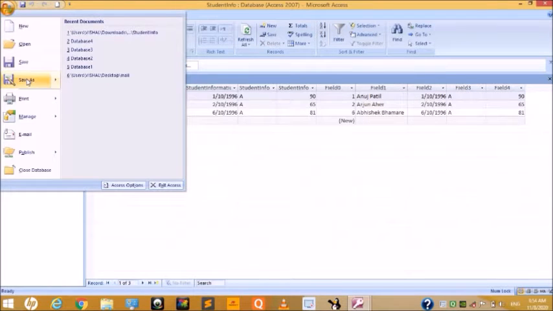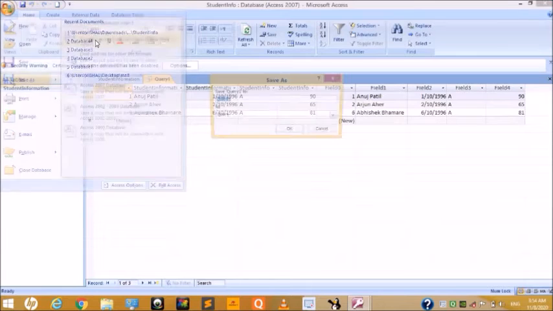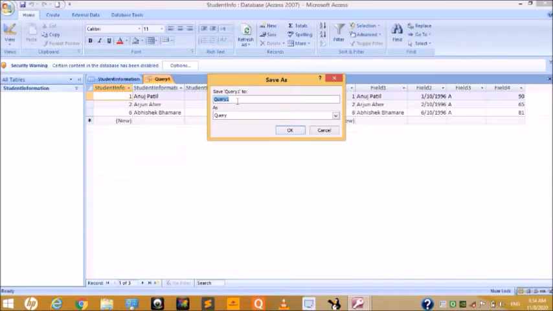Click on the File tab, Save As, Save Object As, and give a suitable name: student information searching with A letter.